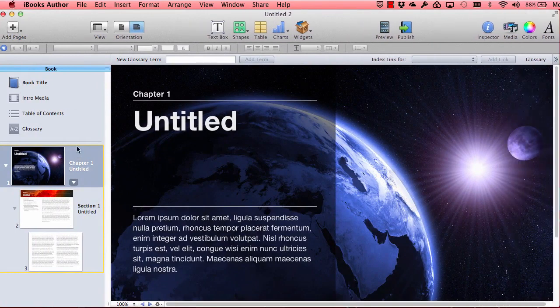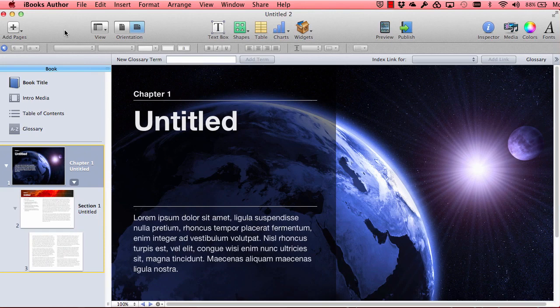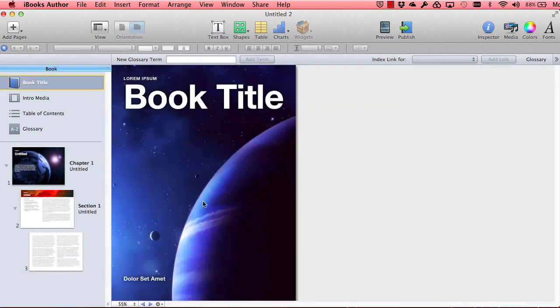Now you'll notice the iBooks Author application looks remarkably like Apple's other iWork apps. So this should be familiar to anybody who's used Pages or Keynote or Numbers before. Just to give you a walk around the interface, on the left-hand side here, you have the option to make a book cover for your book, and this is what shows up in the iBooks app on both the Mac